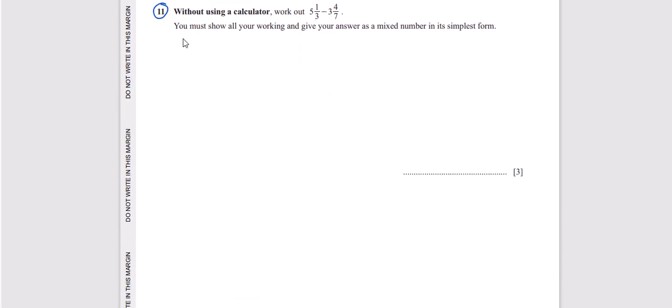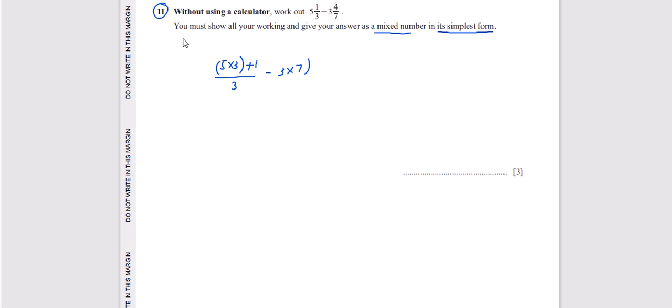Question number 11. Without using a calculator, work out 5 1/3 minus 3 4/7. You must show all your working and give your answer as a mixed number in its simplest form. First of all, we solve this one. When we multiply 3 with 5, plus the numerator 1, divided by the denominator, that is equal to